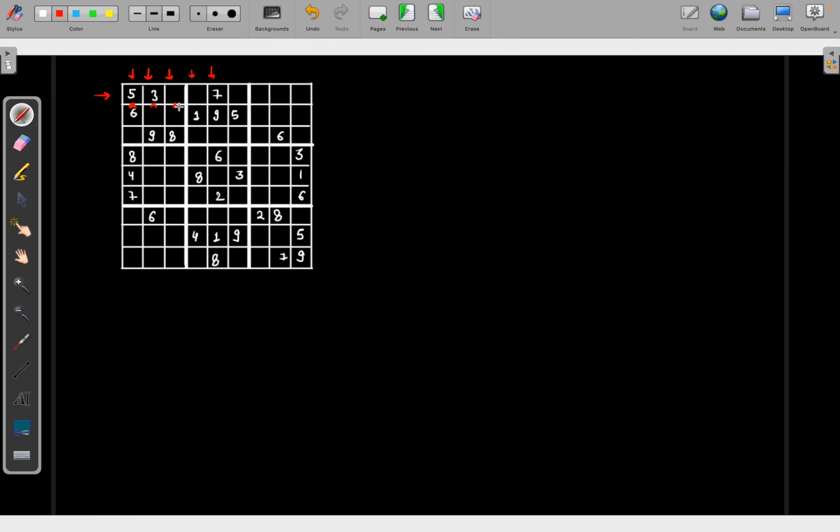I will jump to here and try the numbers 1, 2, 3, 4, and so on till 9. If I can fill it, I will fill it. I will again jump to the next cell, and this is how I will check. But now, if I say this problem is divided into two parts, the first part is where I simply do function calls,